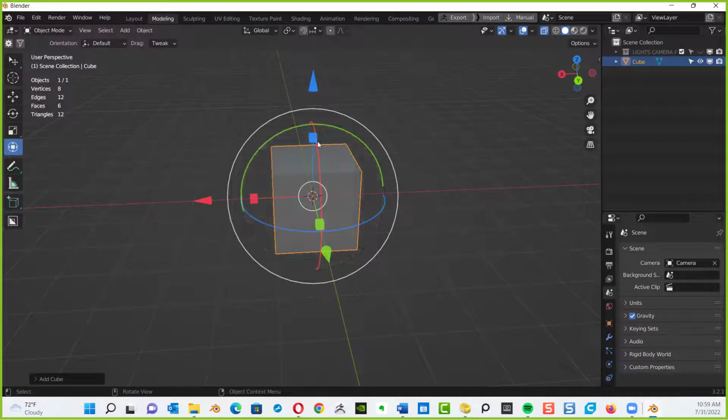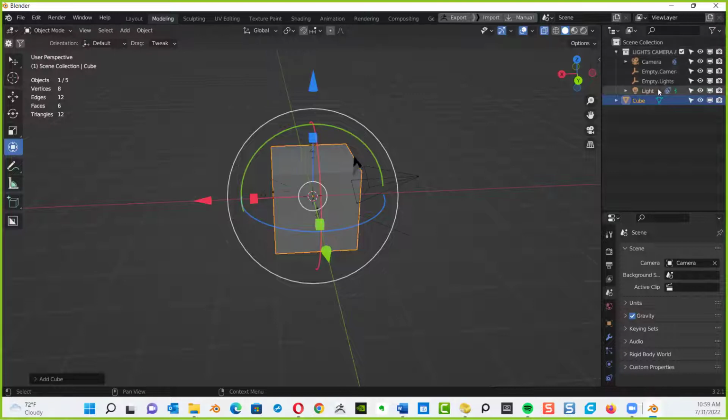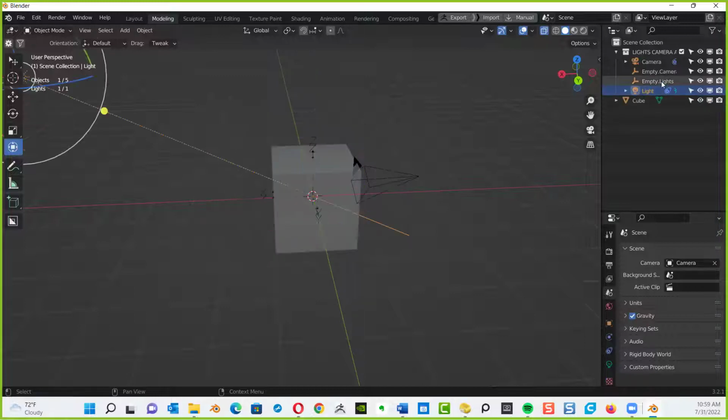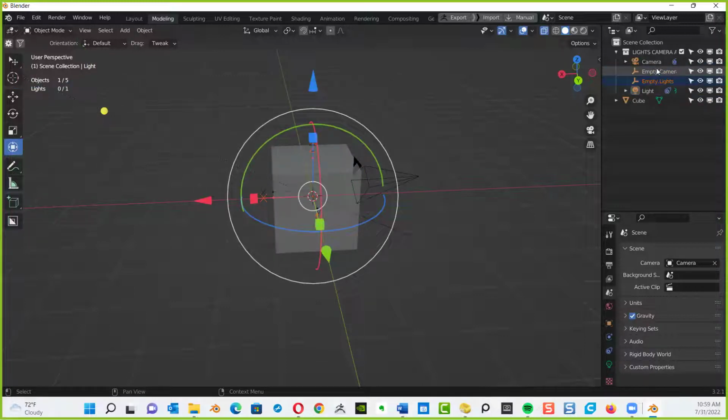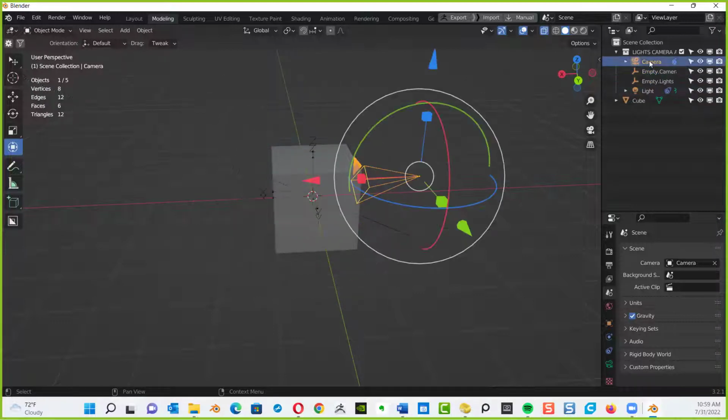Now I want you to take note. Just like Photoshop, these are your layers and it's called a scene collection, right? But this is basically your layers. I have my lights and my camera all set up. I'll turn those on. You can see them all set up there. And I have a cube, so that's my 3D object. That's my lights. These are something you're not going to see. That's something I put in. I'll talk about that later. And you're also going to get a camera by default.